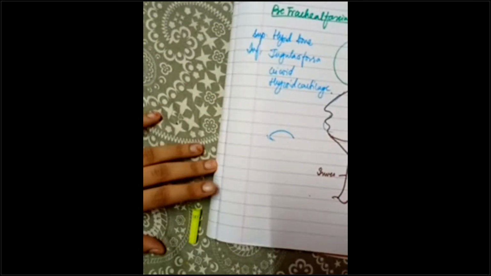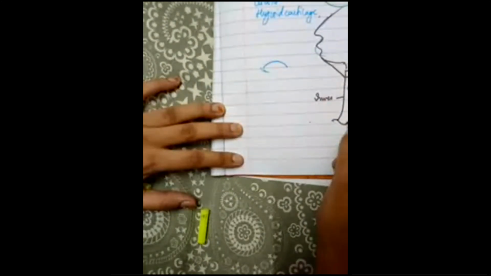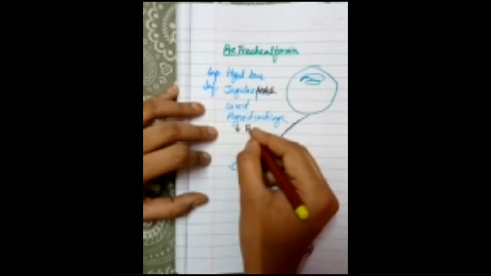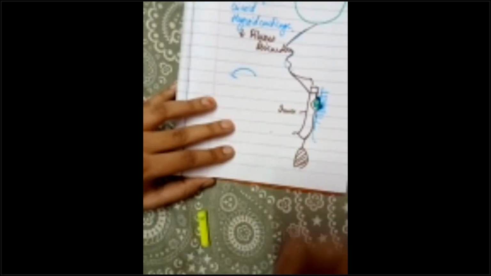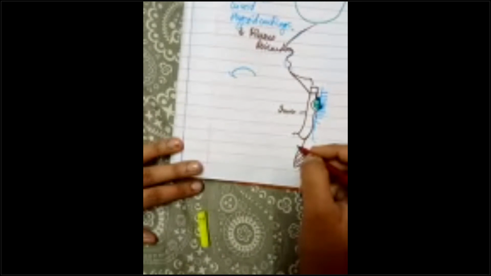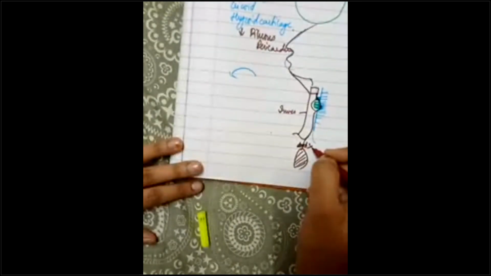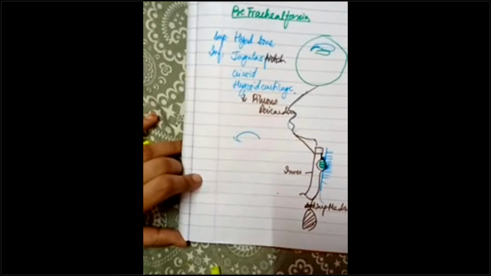Now let us trace it. Till where is it going? It is going till your fibrous pericardium of the heart, not just your jugular fossa, jugular notch. It will attach there, but it is extending completely till your fibrous pericardium of your heart. Heart has two layers, fibrous and serous pericardium. It will attach to the fibrous pericardium, or you can say the pretracheal fascia, pretracheal space is continuous with your anterior superior mediastinum, right? Superior mediastinum.